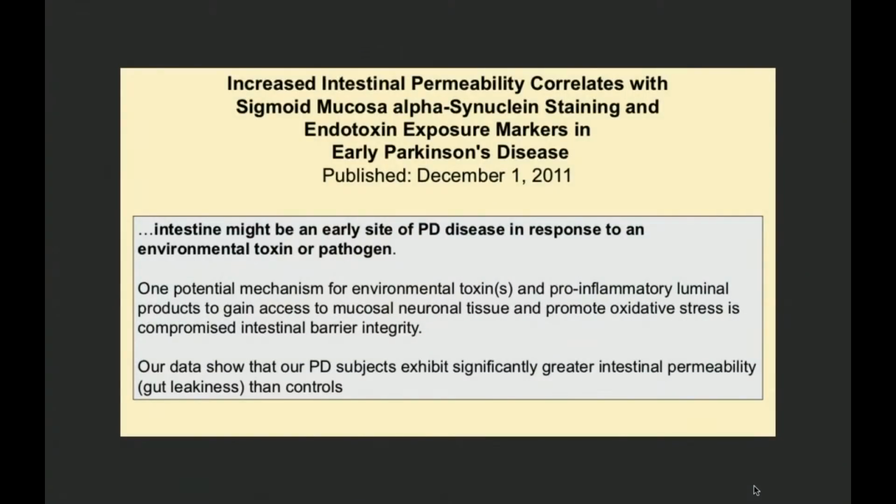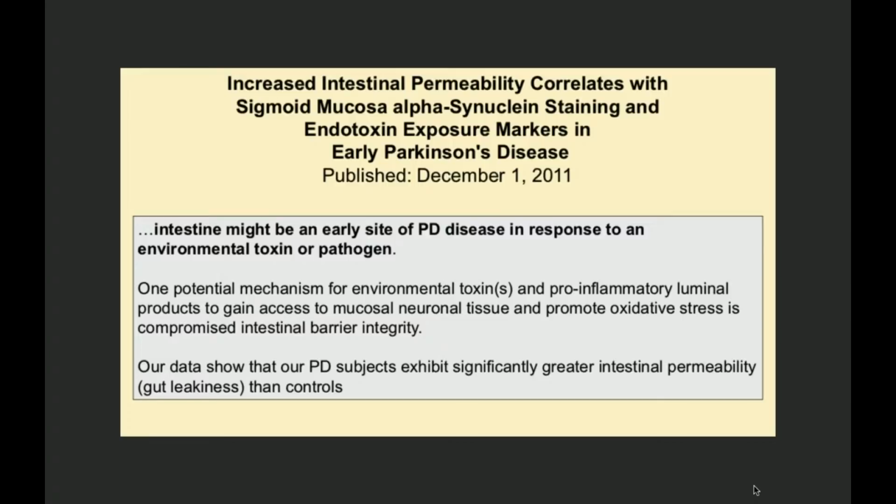They haven't been tempered by digestion, and your immune system sees these undigested proteins from the leaky gut get in the bloodstream. It flips out. So you're talking a hypersensitive immune system reaction. How can that be bad? Well, early Parkinson's disease. Intestinal changes might be an early sign of Parkinson's disease in response to environmental toxin or pathogen. Really? Parkinson's? Isn't that a neurologic disorder involving the brain? Yeah, it's called a gut-brain connection.